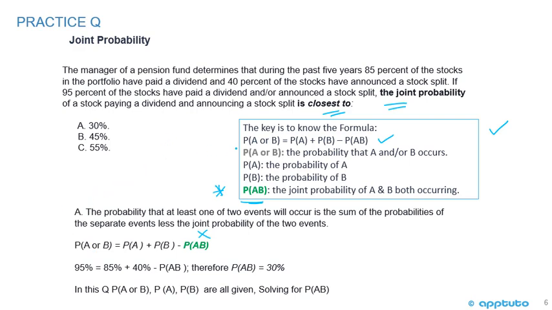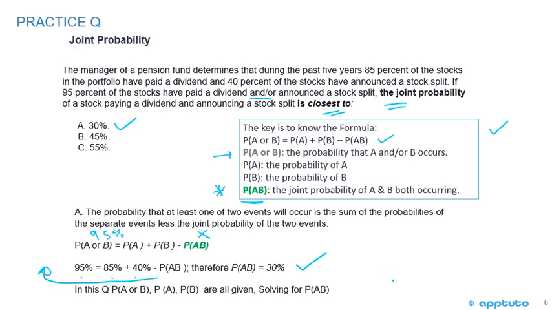So remember we're looking for the words and or for that first term, and we can see it there, 95% of the stocks have paid a dividend and or announced a stock split. So we've got that, the probability of A or B, 95%. Probability of A, 85%. Probability of B, 40%. So we just write out the formula, we solve for x, 95% equals 85% plus 40% minus the joint probability. So we can just move this over with the algebra. The joint probability is going to be 85% plus 40% minus 95%. So we're going to get 30%. So the correct